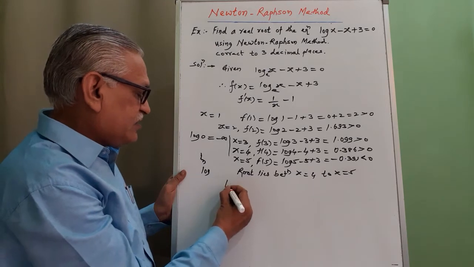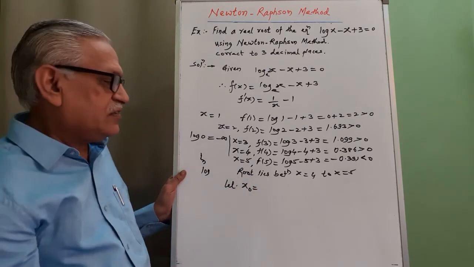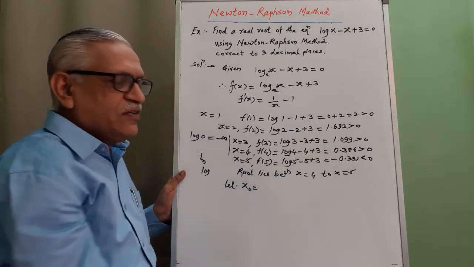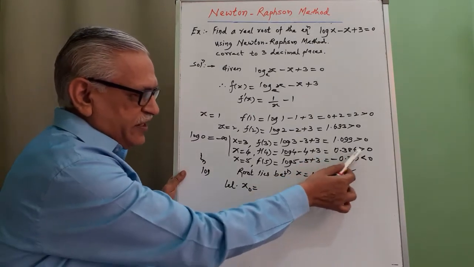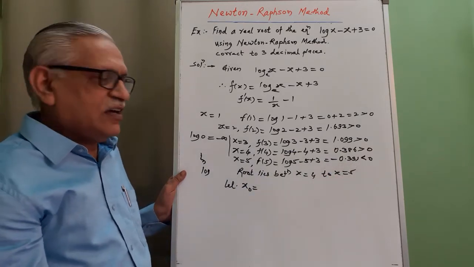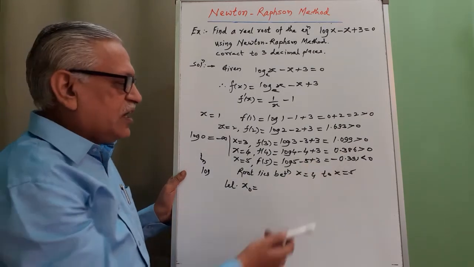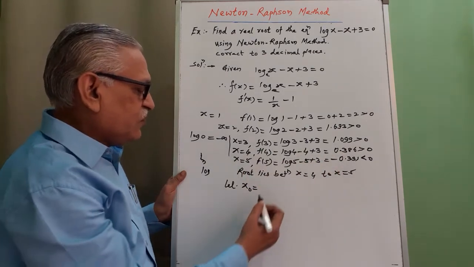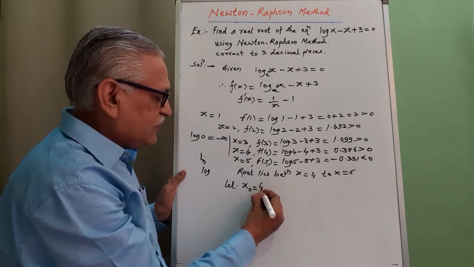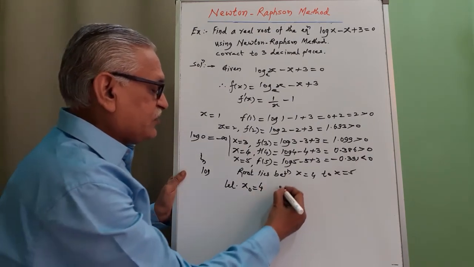As I have already mentioned the technique, observe the function value. Here it is 0.386 and for another it is minus 0.391. Which is nearest to 0? This value is nearest to 0, and therefore the corresponding value we consider as x0. Therefore let x0 is equal to 4,